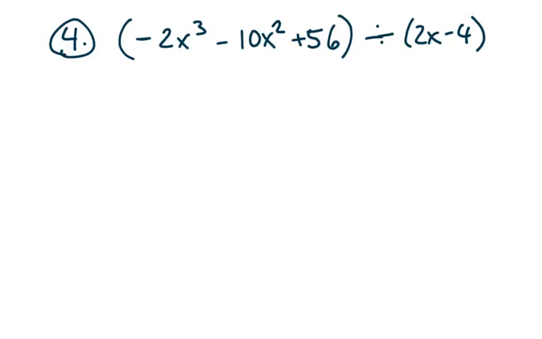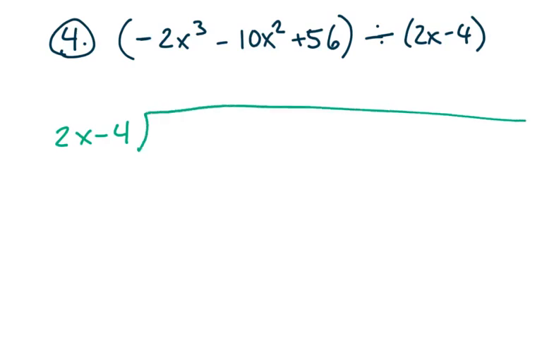So here's another example. So again, we're going to rewrite this as 2x minus 4 into negative 2x cubed minus 10x squared plus 56. Now, I want you to note something here, and this is totally a legit move. We could solve this and we could get the answer, but there is a shortcut to all of this. And that's, if we recall,